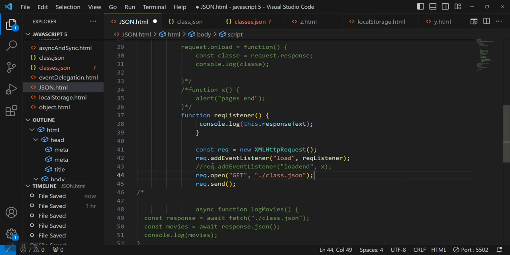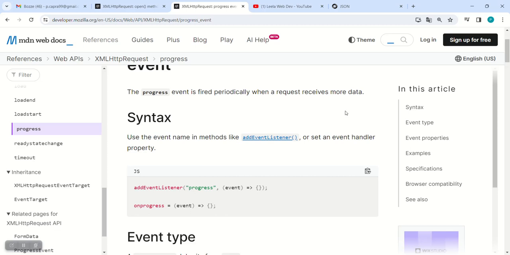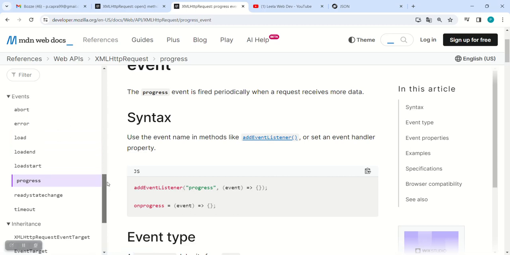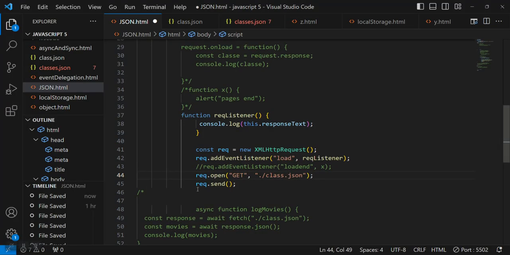Another thing, we can add other event listeners, and now I'm going to take the guide for this. Okay, so as you can see here, we have some events that we can add with add event listener, like progress, load start, load end, load, error, abort. They all do something different, and the name suggests what they do, and there is no time to talk about all of them. I just wanted to tell you we can add something like this, and of course here I added a load end. So when it finished loading,